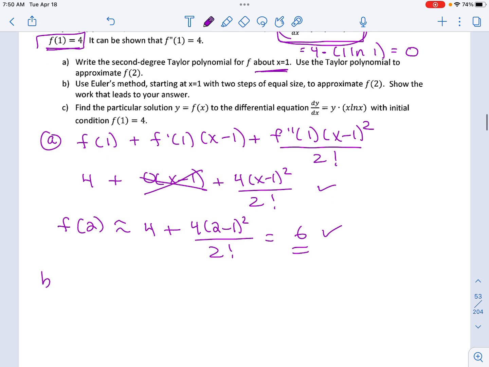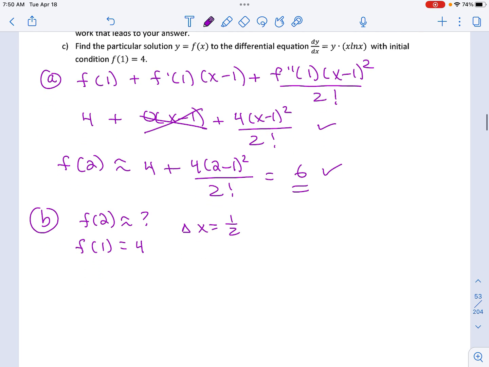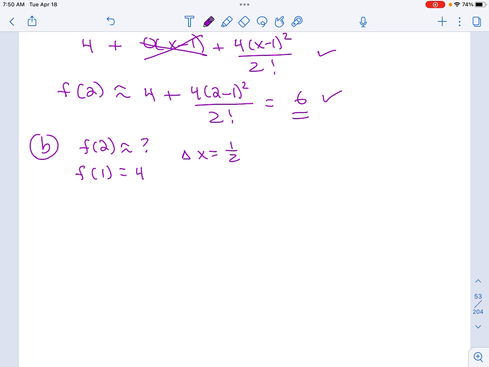Okay, part B is Euler's method. We're going to figure out what f of 2 is. And we're going to start with f of 1, which was given, which is 4. So it wants 2 step sizes, so that means I'm going to go up the x coordinate by 1/2. I start at 1, then go to 1.5, then go to 2. So remember Euler's method, all you're doing is writing the equation of a tangent line. So there's my point. I need the slope. And we already figured out from above, when we plugged in 1 into dy dx, we figured out the slope